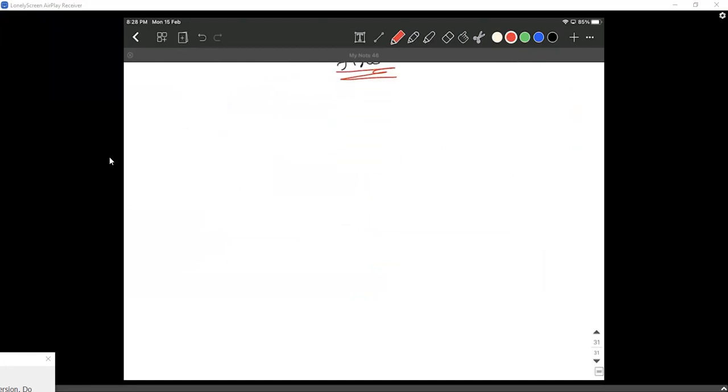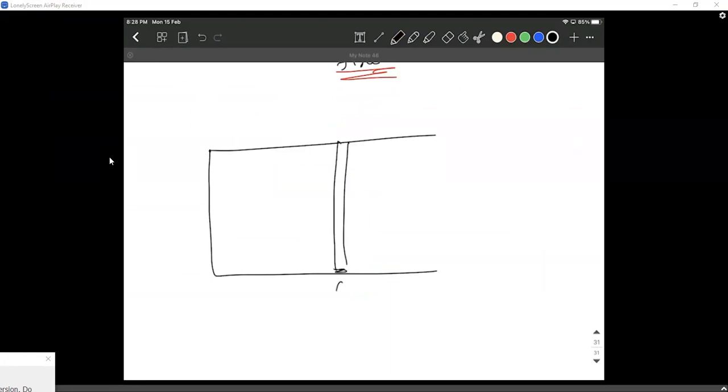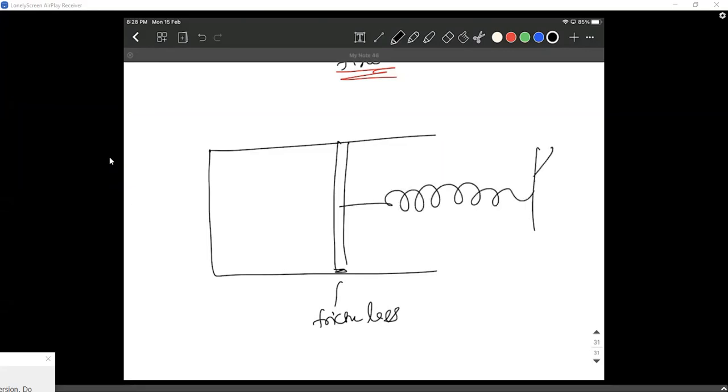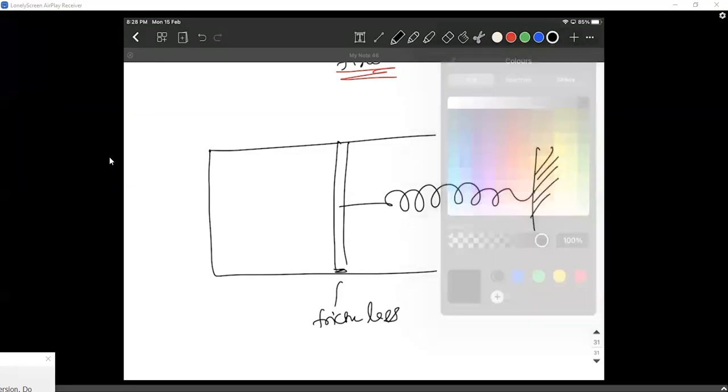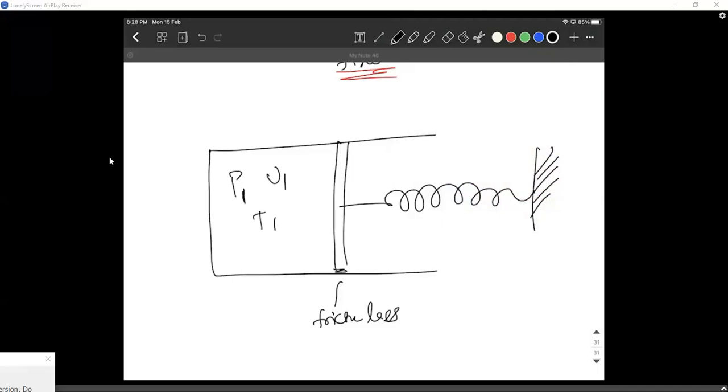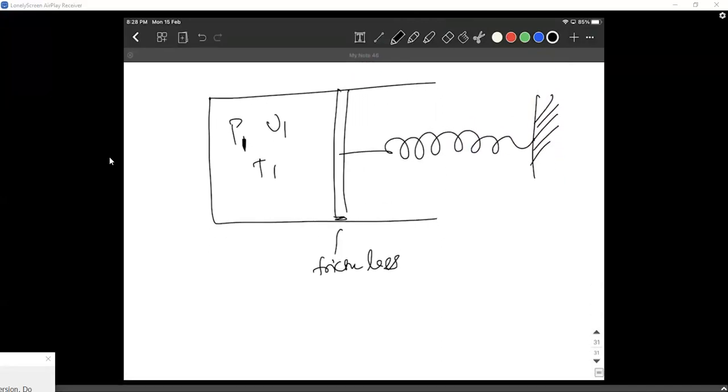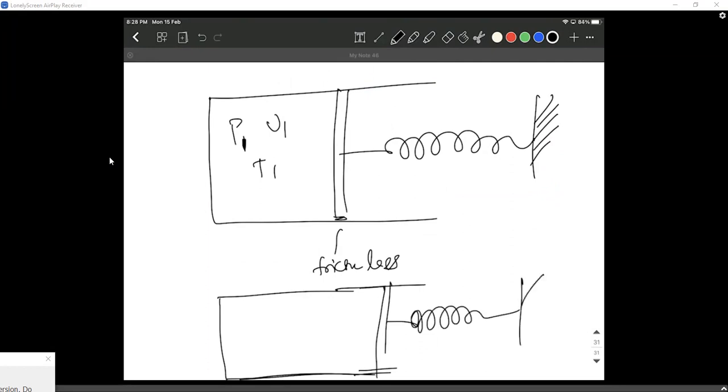There is in fact a question with a spring constant also. That is an interesting one. There is a piston, smooth, frictionless. They connect it to a spring. This is an interesting question. So they heat it up. Initially it starts from P1, V1, T1 only. They heat it up to another temperature. Because of the temperature rise, the spring obviously compresses. Now the pressure is some P2, volume is V2, the temperature is T2, let's say.